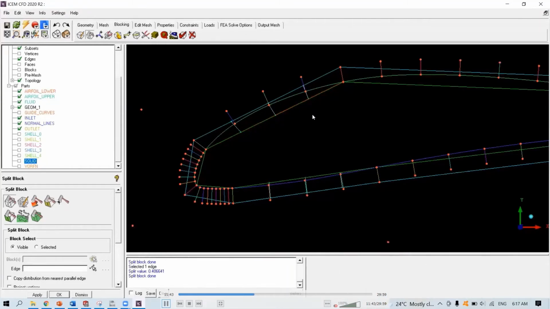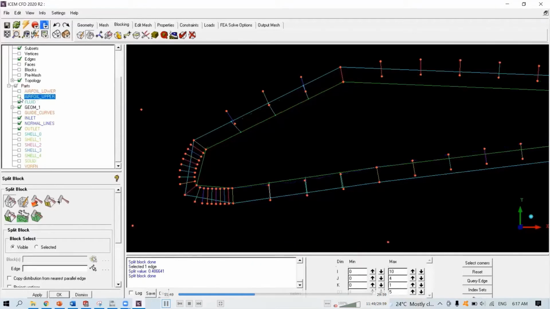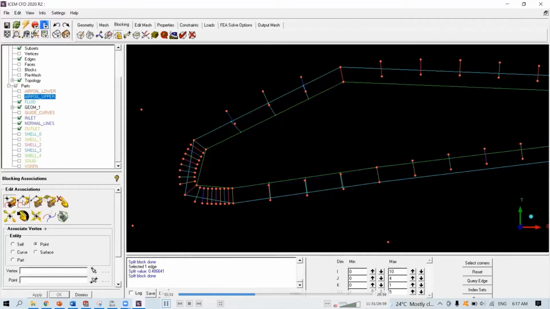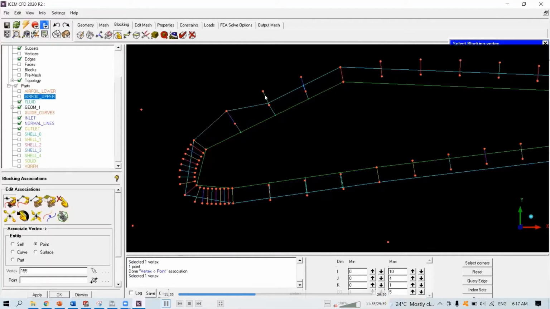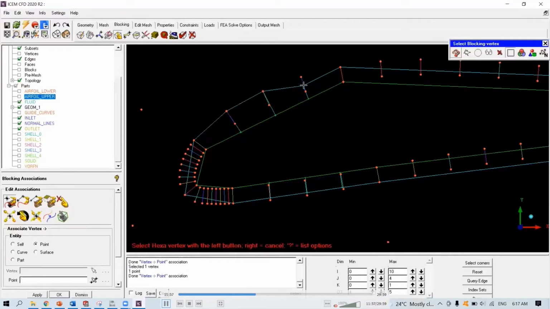Just to locate accordingly. And just associate the edges, its vertex to its corresponding points.